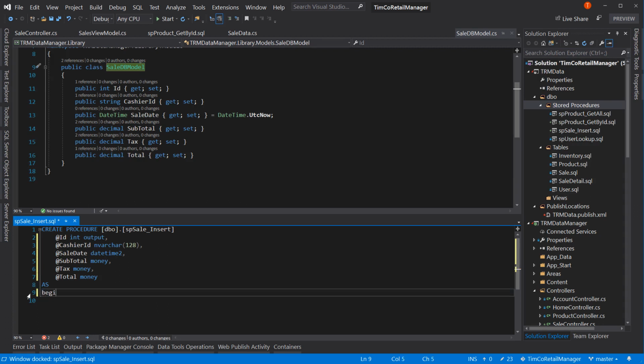And I'm going to begin, end, set no count on. That just cleans up a little bit of the data that's returned. We don't return all the information we need. We don't return account information, which just saves a little bit of traffic across the wire. So a set no count on, then we're going to do an insert